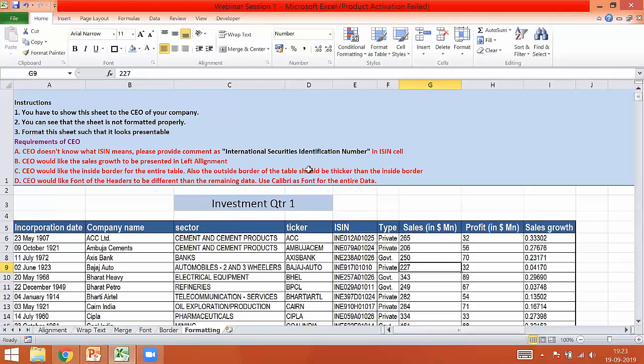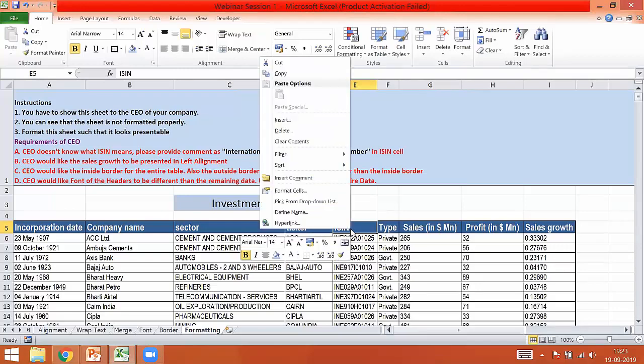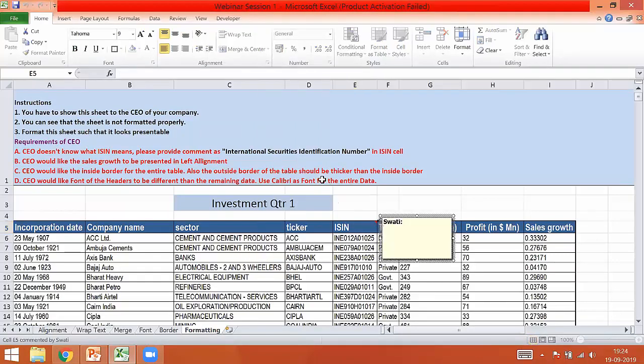So what I'm going to do is I'll go to that particular cell, make sure that the cell is highlighted. You can go to the other options under data and then insert the comments, or you can use the shortcut, which I personally use more often. Do a right click, and the moment you do the right click, you can see this option as insert comment. So once you have done that, you can see a small red triangle appearing on the top right corner of the cell. Here the name of the system or the computer appears. You can change this if you don't want.